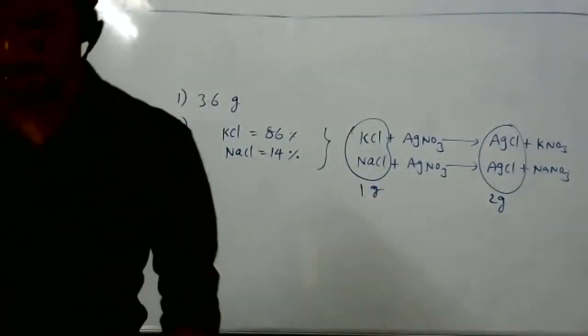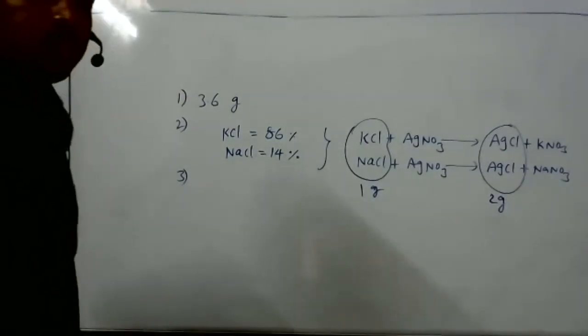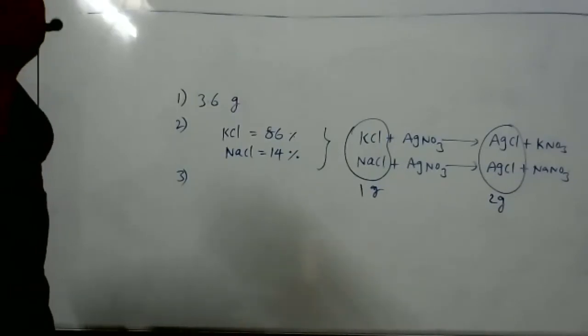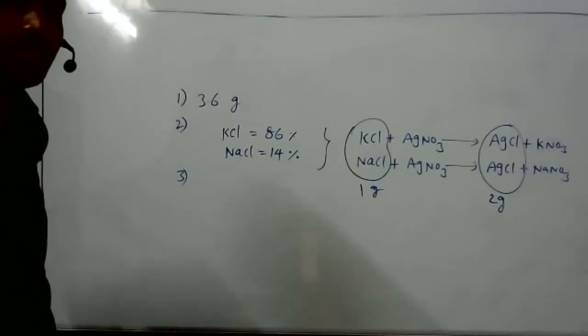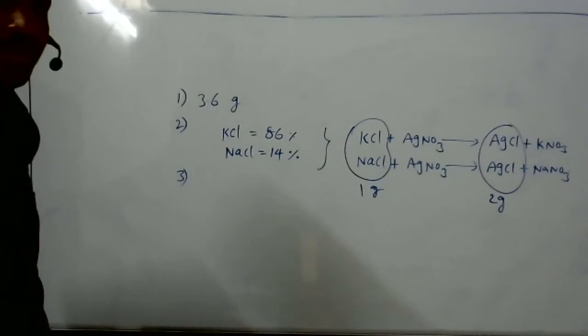Sir, I didn't see that 1 gram word, so I got this wrong. But when I calculated the KCl and NaCl mass and added them, I got 0.926 grams. Could you do the sum of KCl and NaCl once more? I joined now, could you explain?